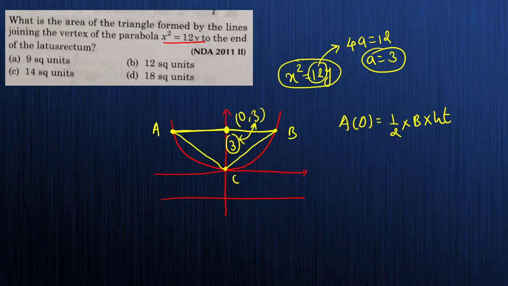Okay, so height is 3, base is 12, so directly you can substitute. So 1/2 into 12 into 3, which is nothing but 6 into 3 is 18. That's it boss, answer आ गया अपना. देखो कितना गया answer? 18. Option number D. It's very simple. Okay, so वही बोल रहा हूँ मैं यार कि सिर्फ figure पे ध्यान दे दो आप, everything will be clear. Okay, very good.